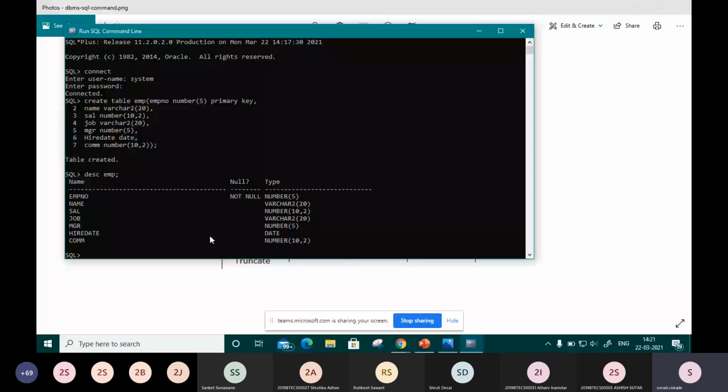Okay, then not null is the constraint telling that this is the primary key and you cannot provide any null value to that attribute. So in this way it is created. The next one is the alter command. With the help of this you can also create temporary tables. So what is a temporary table? It is visible to all of you until your session is disconnected.